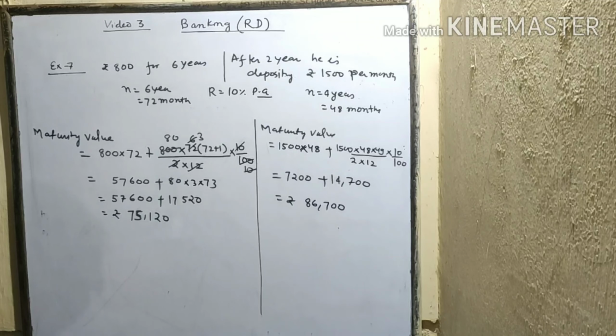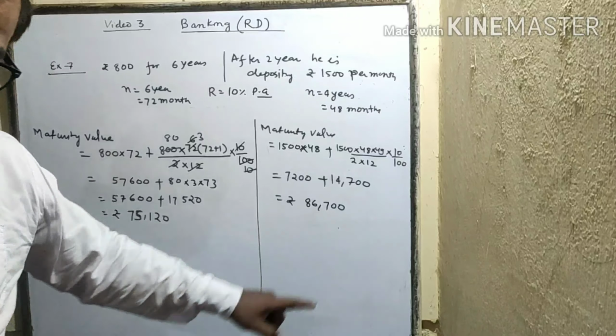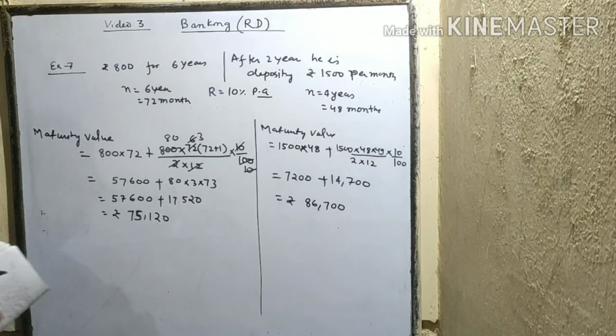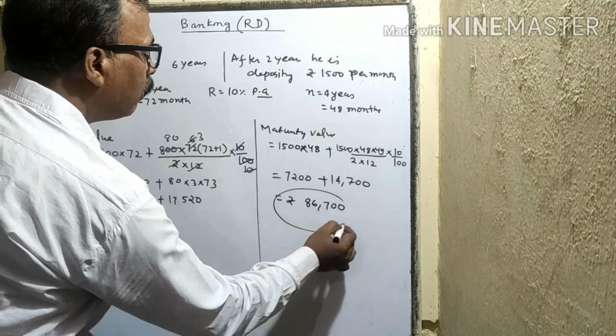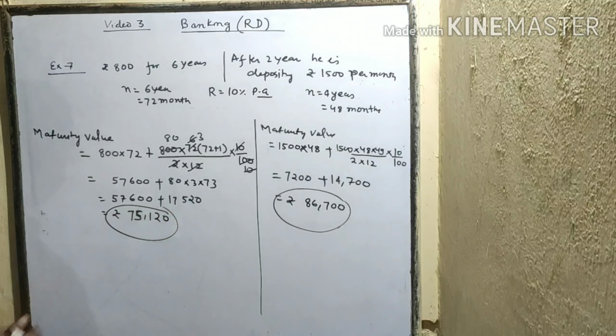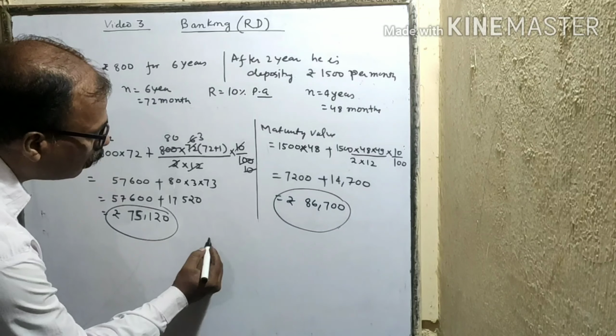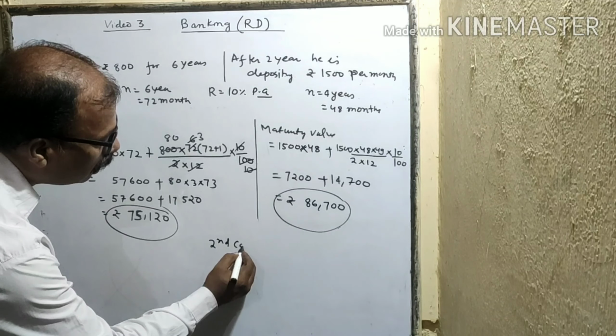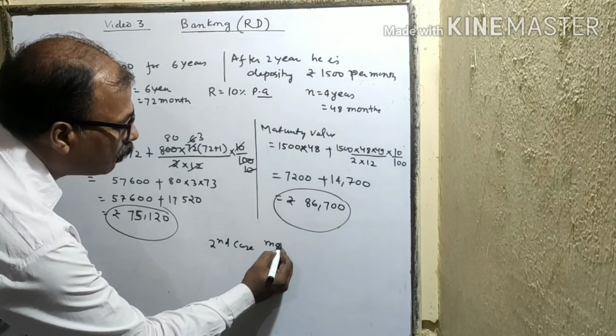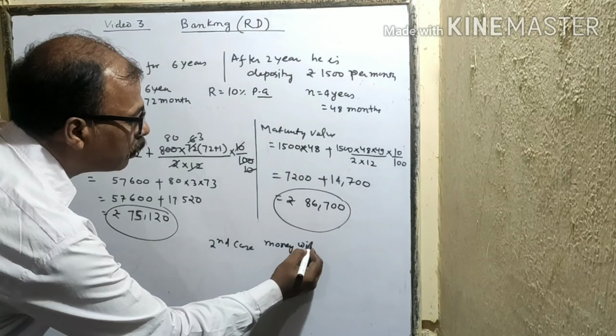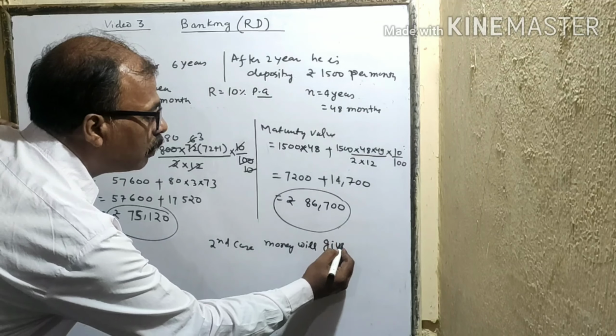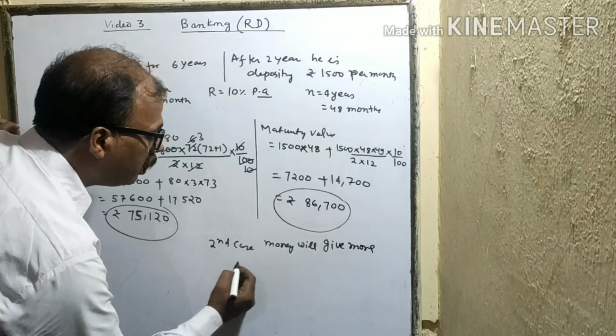So first case maturity value is 75,120, and second case it is coming out as 86,700. So what we are finding, this value is bigger and this value is smaller. So what we'll see, second case money deposited will give you more interest. So we'll write, second case money will give more interest,